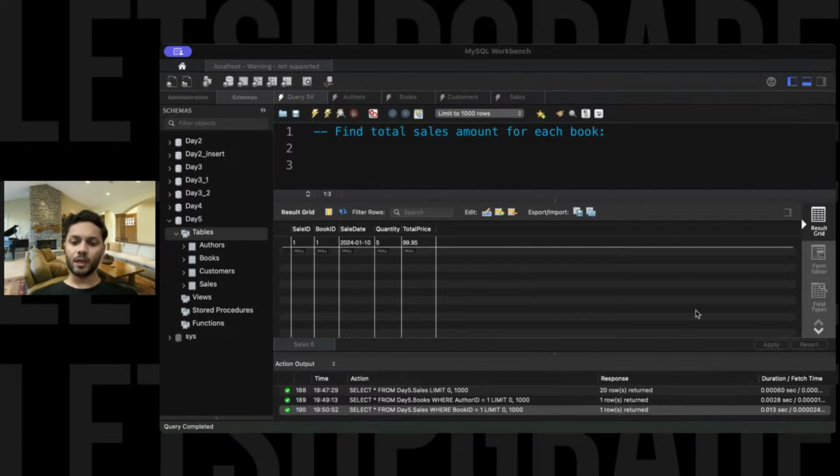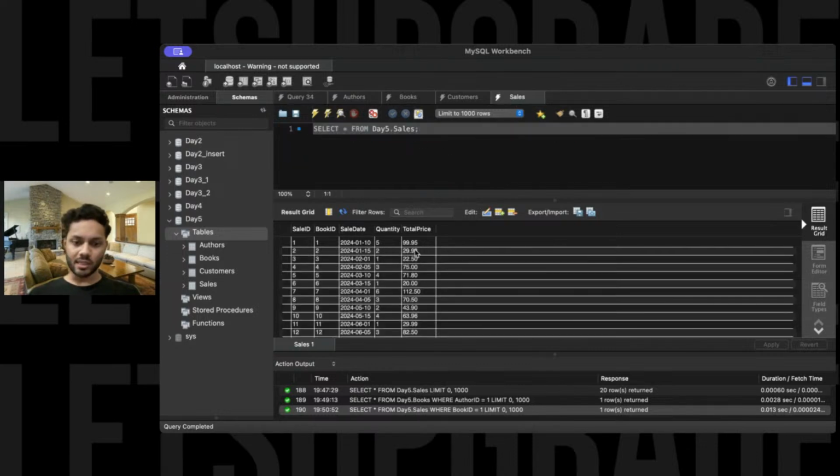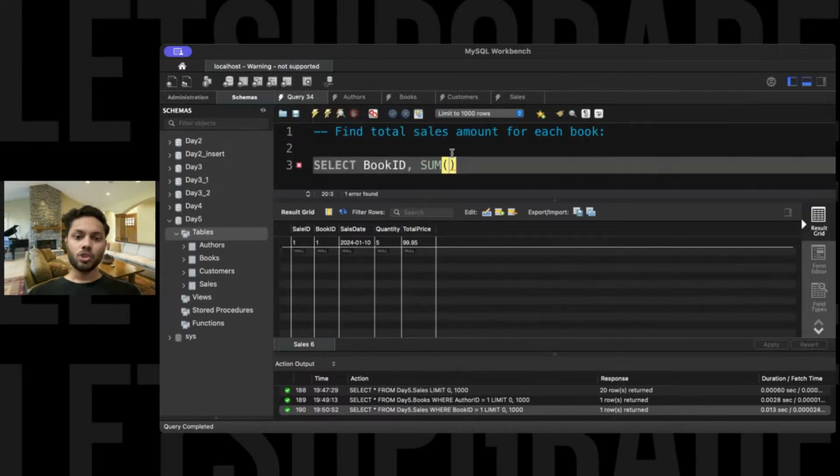All right. Okay. So we'll do this thing over here. Let us see what we will do. Select, I can say book ID, proper column we have to write over here. Sum. What will you sum over here? Let us say we are using sales. So let us look into the sales. What we basically have is book ID like this, and we are looking for the total price that we have over here. This particular column. So we'll select book ID comma sum total price